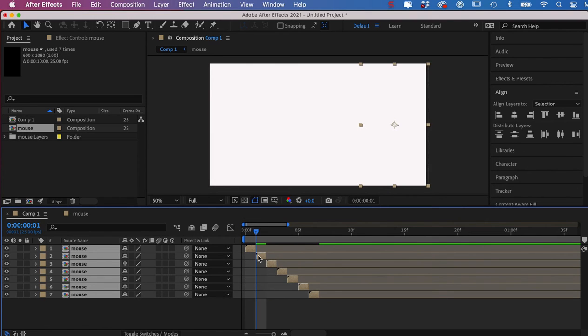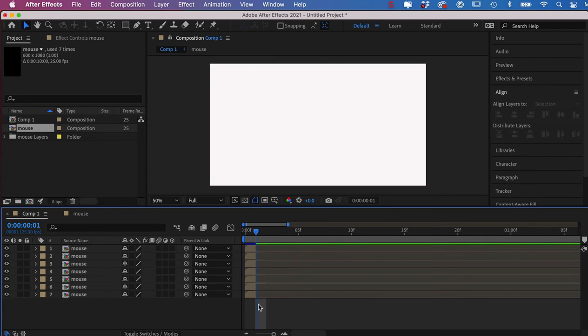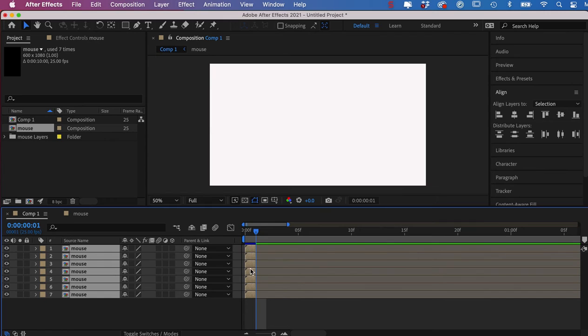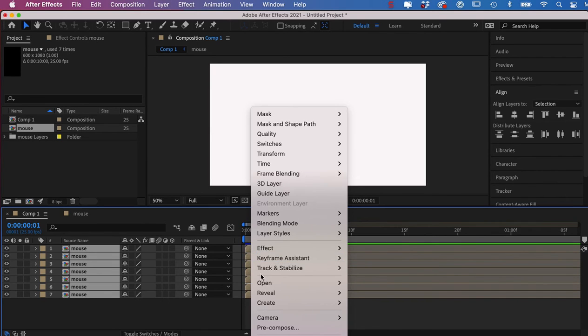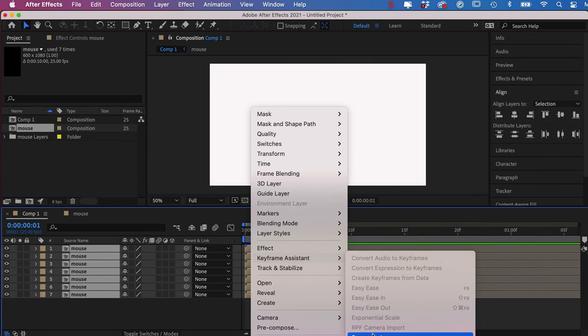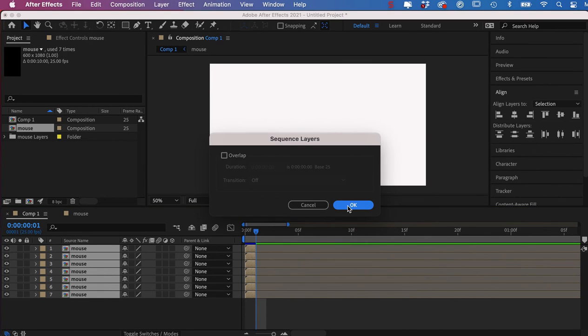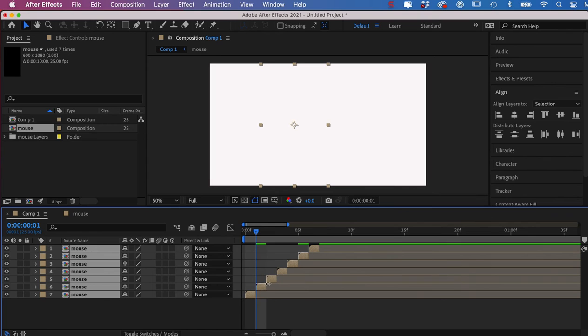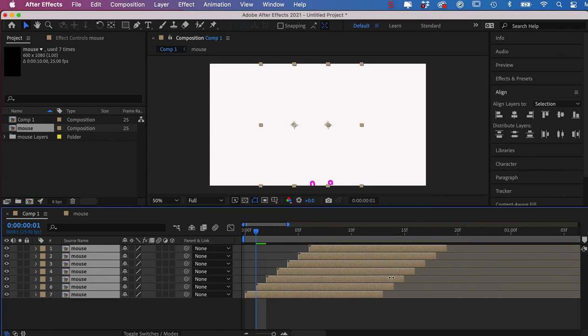It'll do it backwards, so Command Z. So what you want to do is make sure that you click the bottom one first, shift, then the top, Control click, keyframe assistant, sequence layers, and go OK. Once you've got that and they're still highlighted, just drag them